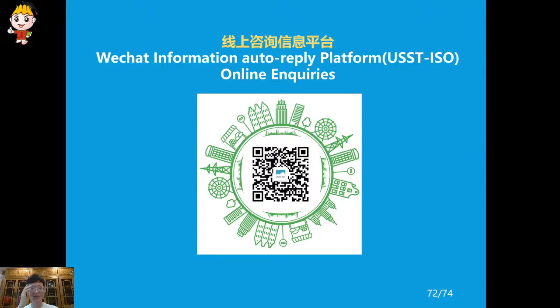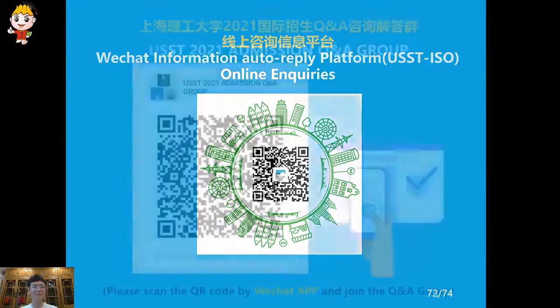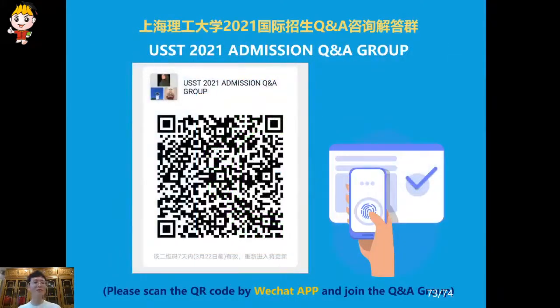So please use your WeChat application to scan the QR code in front of you, follow us and send your questions to the backstage. We will respond to all of your questions in due course, with detailed information. 这也是我们上海理工大学的一个线上咨询的信息平台，大家关注，发送问题会得到我们的回复。